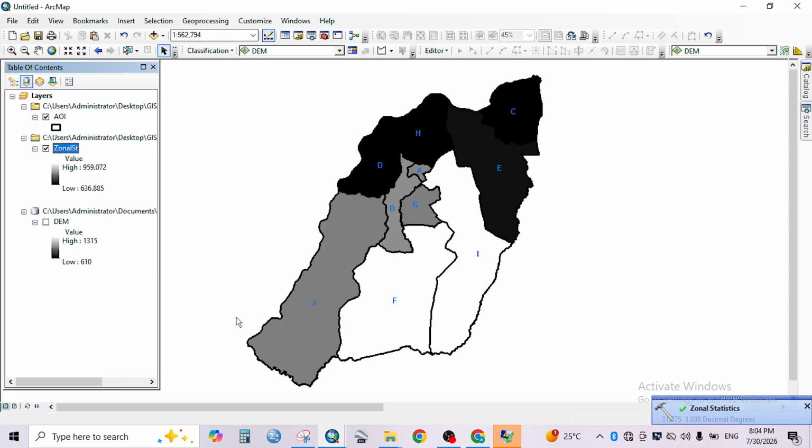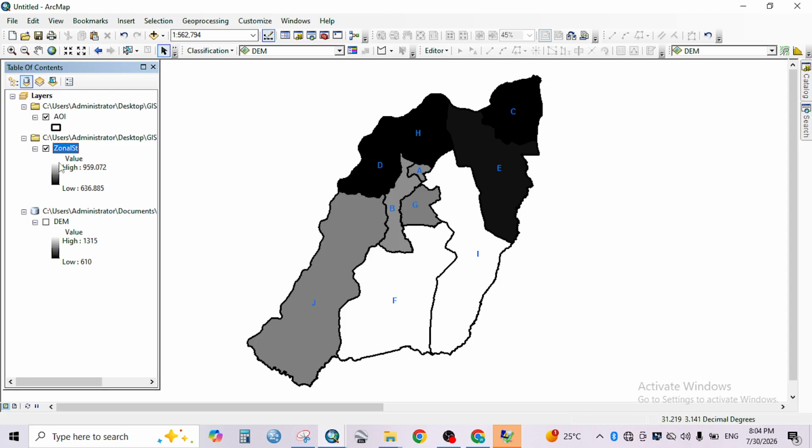Alright, guys, so the tool has successfully run, and it has returned this output called Zonal Statistics. Now, guys, what does this mean? Right now we have a single band raster dataset with a color ramp which goes from low elevation to high elevation. So to give some kind of interesting appearance to this